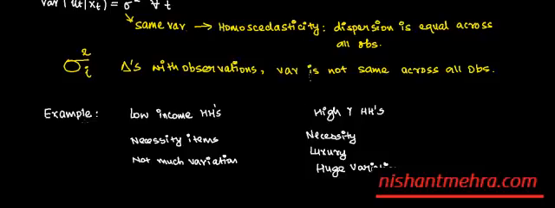Now here, in the case of high income households, what you find is that the assumption of homoscedasticity is false. You cannot assume